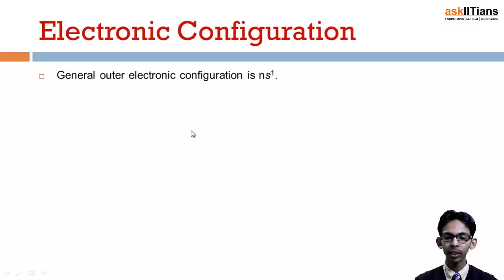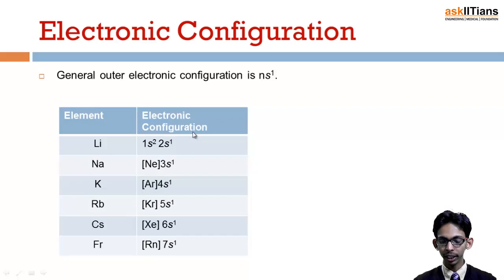The general electronic configuration for group 1 elements or alkali metals is ns1, and this is the way it is written. For lithium, we know the atomic number of lithium is 3, so the electronic configuration is 1s2, 2s1. For sodium it is 11, so it is the electronic configuration of neon, and then 3s1. In expanded form we can write it 1s2,